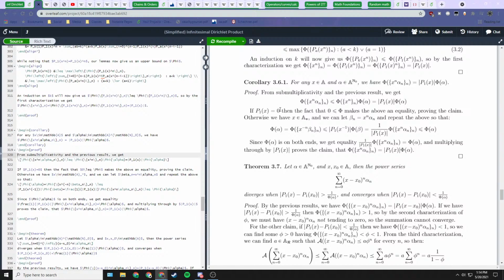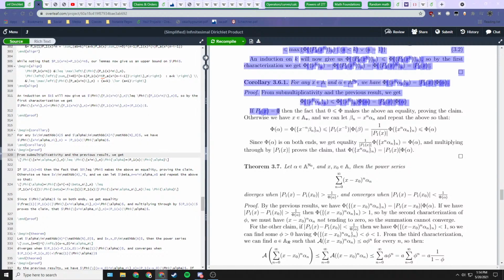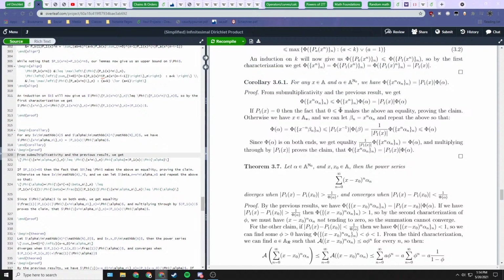And then we do this in cases. The first case is if the first projection is 0. The fact that our phi value is non-negative makes this an equality. If the first projection is 0, this right side is 0, but this whole phi value is bounded below by 0. So it's bounded below by 0 and bounded above by 0, so it just has to be 0, which means all of these are equivalent. So this whole expression would just be equal to this. So that would be the claim. That's the trivial base case.